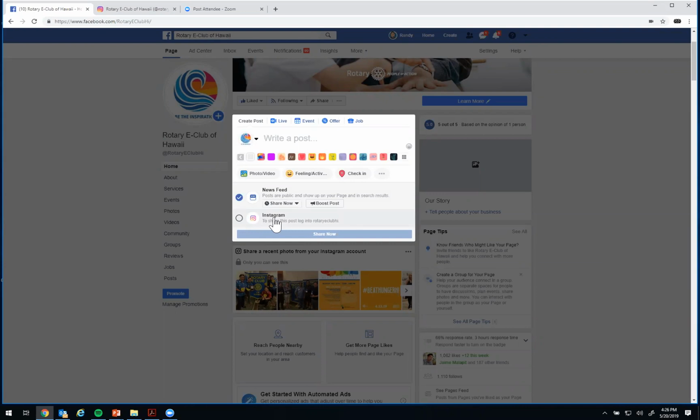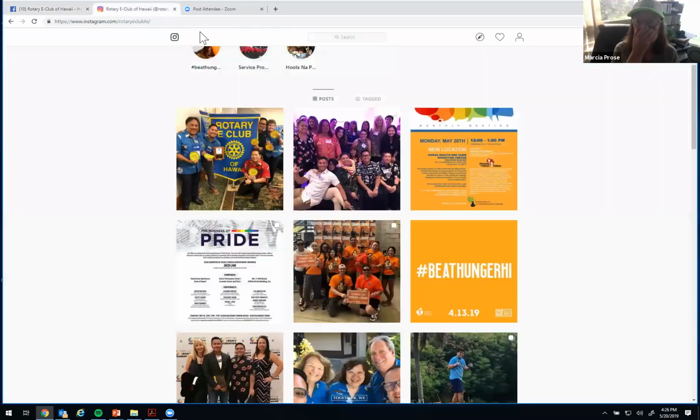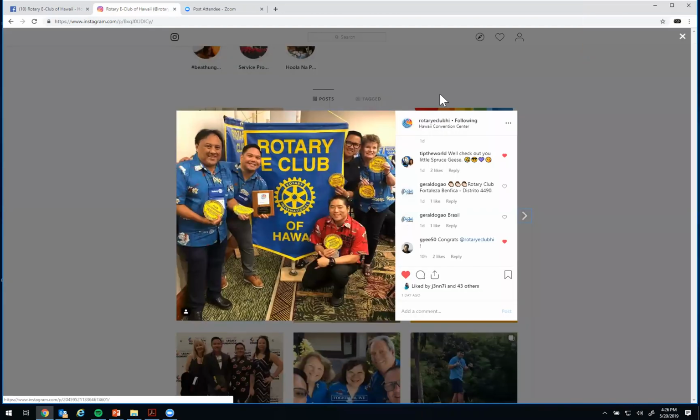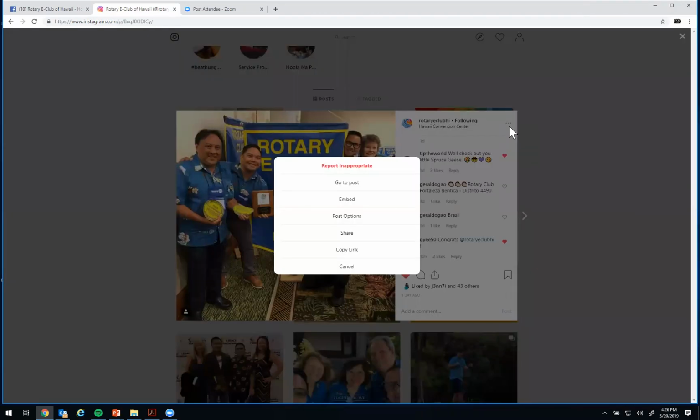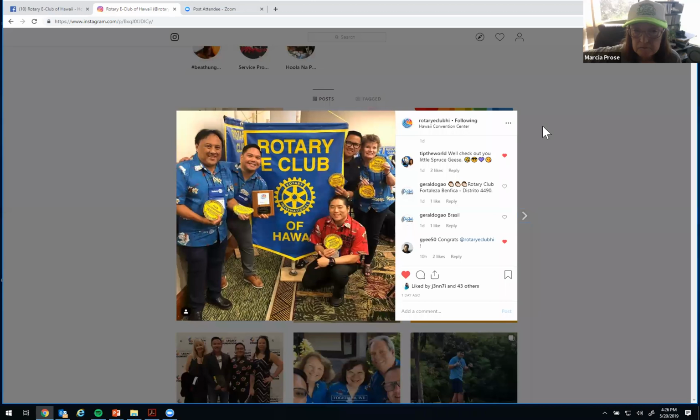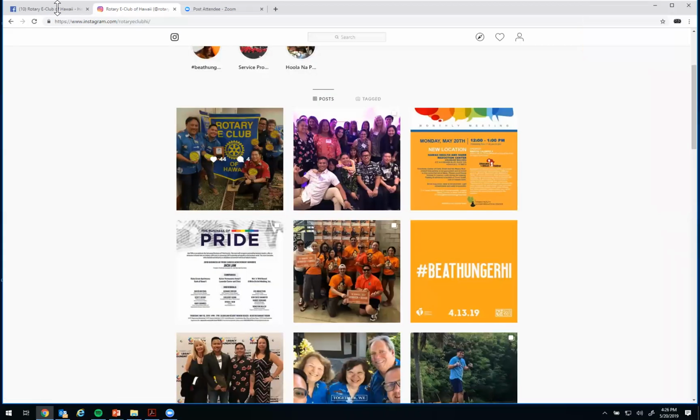And then Instagram will only share the picture, right? It'll share the post comment as well. Okay, and you can edit it as well in Instagram? Correct, yep. It's vice versa. You can do it both ways. And for Instagram, same thing. Let me see if I can do that here. With Instagram, yes, you can just click on the 3 buttons and edit it. Perfect, thank you. Yeah, of course.